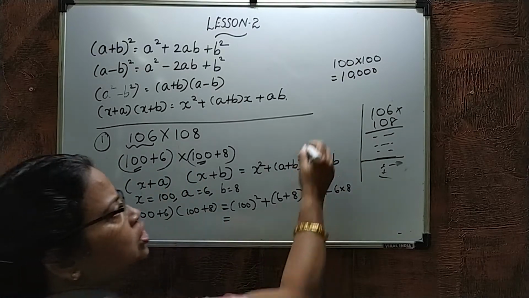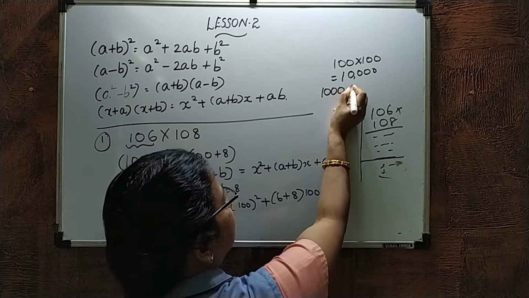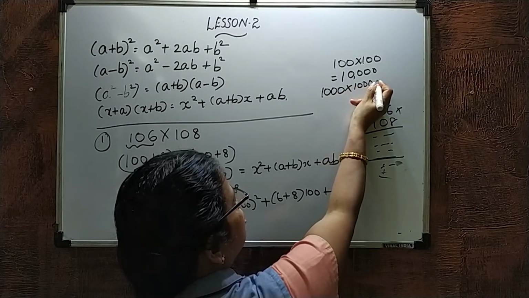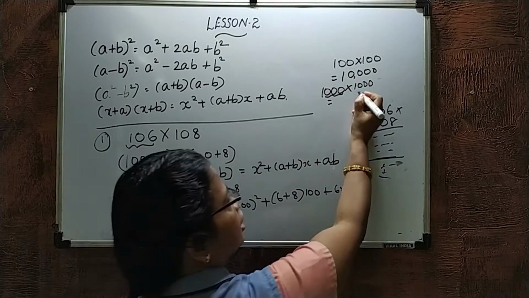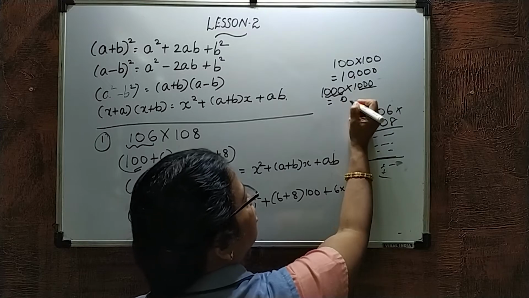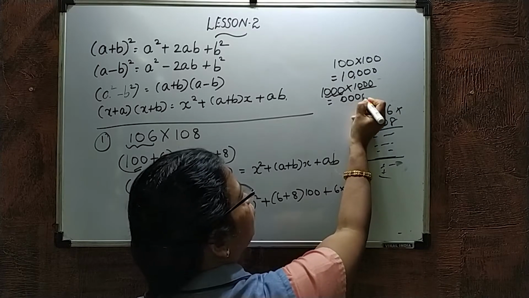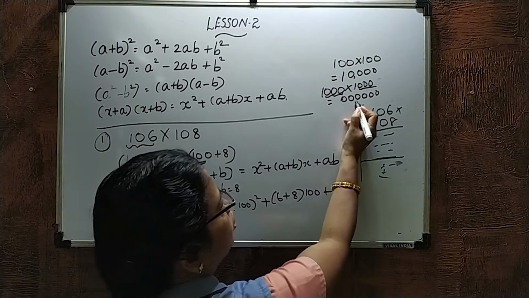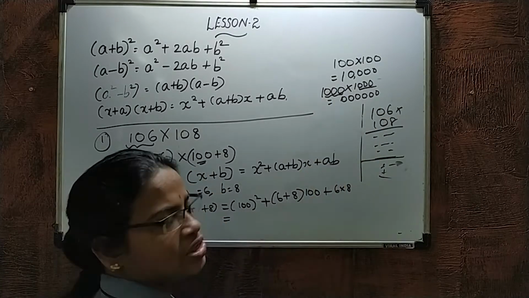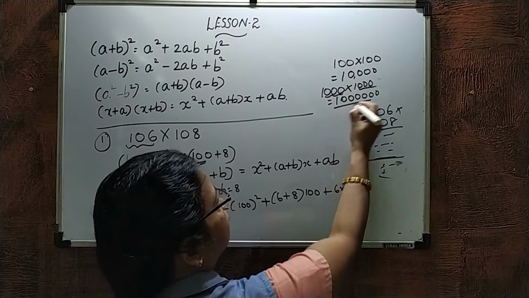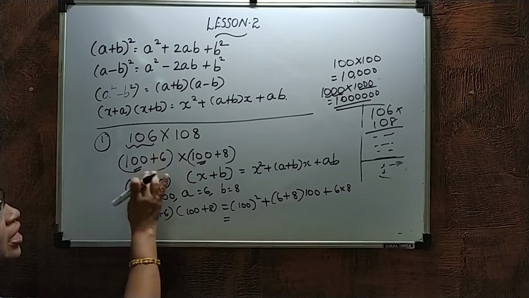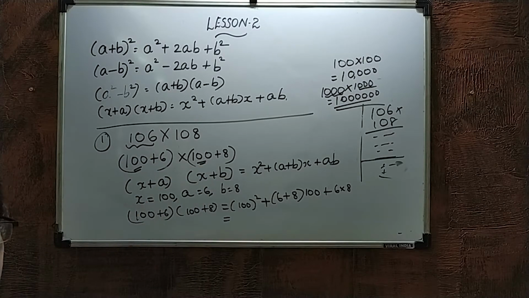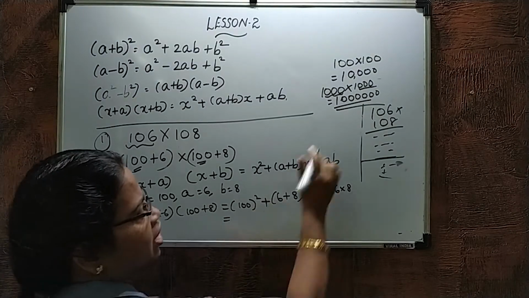Clear? So it is the same for 1000 into 1000. What will you get? 1000 square means 1000 into 1000. How many zeros will the answer have? Here 3 zeros, again 3 zeros, so 3 plus 3, 6 zeros: 1, 2, 3, 4, 5, 6. Then the remaining 1 into 1 gives 1. Clear? So the reason we select 100 here is that we can do the calculation very easily. Here 100 square means 100 into 100.